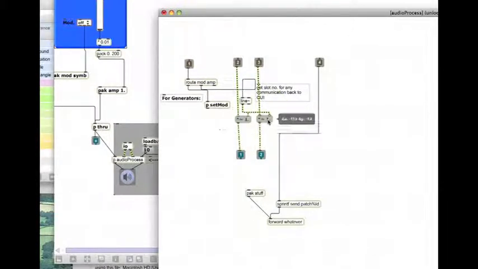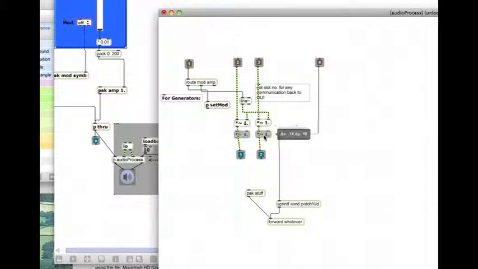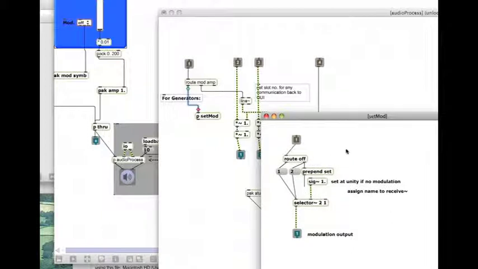Okay, that could be the end of it, but what we want, as well as being able to simply set the amplitude with the slider, we're going to want to modulate that amplitude as well. So if we put in another pair of these here, and this set mod patch comes inside the templates. Basically what it does is it allows you to